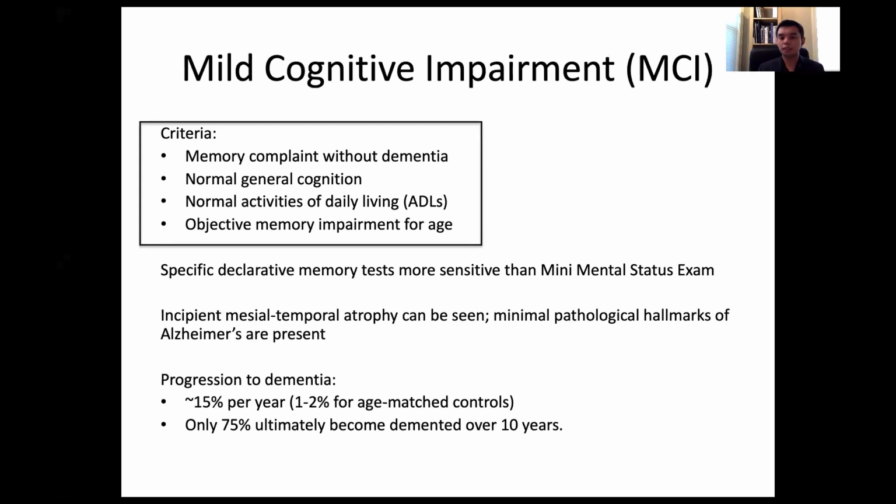When you guys get into the clinics, you'll be hearing about something called the mini mental status exam. Some people call it the Folstein exam. We do use that a lot of times to look for cognitive impairments and dementias. But in a lot of cases, especially if you're seeing someone for the first time, I find that using specific declarative memory tests, like digit span tests where they give people a list of numbers and ask them to repeat them back, is actually more sensitive for looking for things like mild cognitive impairment and other forms of dementia